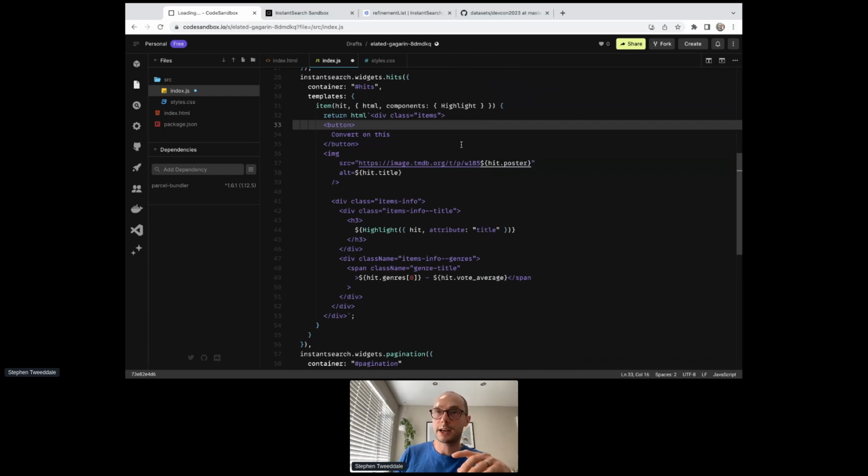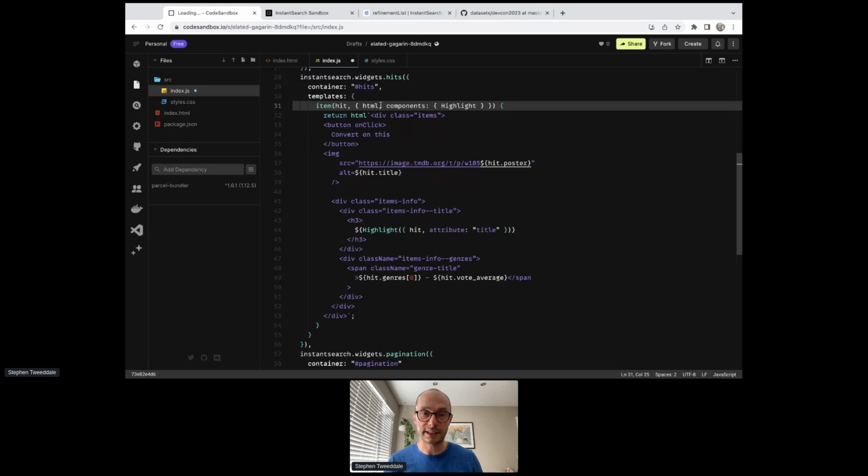And to do that, what we need is a method to call, right? When the user clicks this, we want to do something. And so what we can do is the third and final thing that gets passed to the second argument of the item function is a sendEvent method that we can make use of. So we've got sendEvent now. And again, part of the wizardry of this tag template literal is that we can do inline click handlers in a nice way. We don't need to bother about